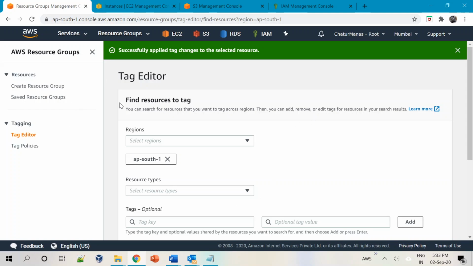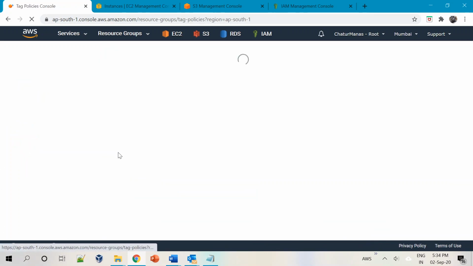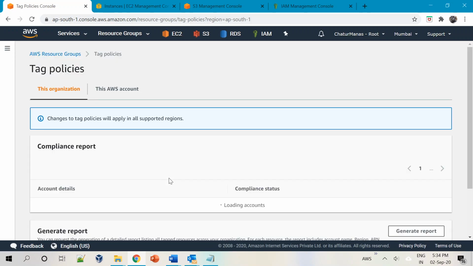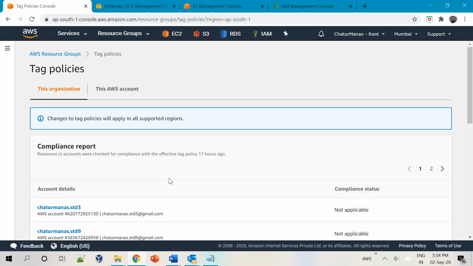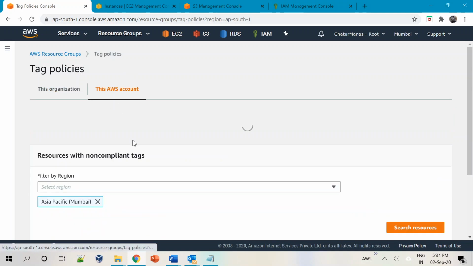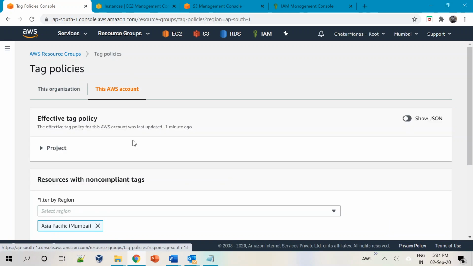Okay, the third option, another option that we will learn is tag policies. Now for example, most companies will have some kinds of restrictions put on all the resources, stating that every resource that has been created should have these tags, right? For example, in the production AWS account, no resources should be created without a tag name, and every tag name should belong to a specific project.